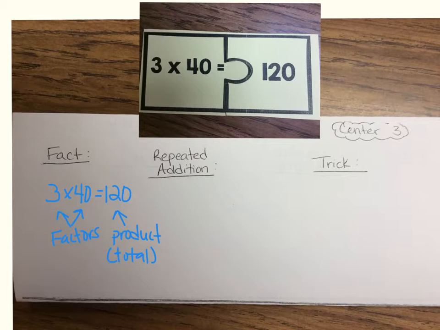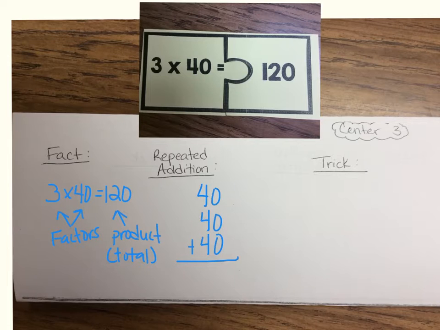All right, now I'm going to show how I came to my answer of 120 using repeated addition. So I know if I needed to, I could solve 3 times 40 by adding 40 3 times. So under my repeated addition, I'm going to record it vertically. I'm going to write 40 plus 40 plus 40, and I'm going to show with this repeated addition that the